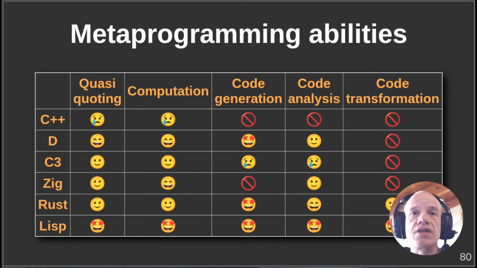Okay, now we have this table that represents all the languages I've talked about in this presentation. So we have C++ that has quasi-quoting, but not a really nice form of quasi-quoting. And computation that is not really nice as computation. Like I said, you have to mark what is used, and there are many limitations. They are being removed as time passes, but I still remember